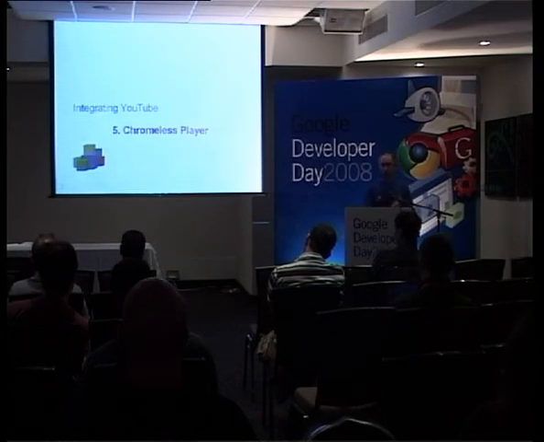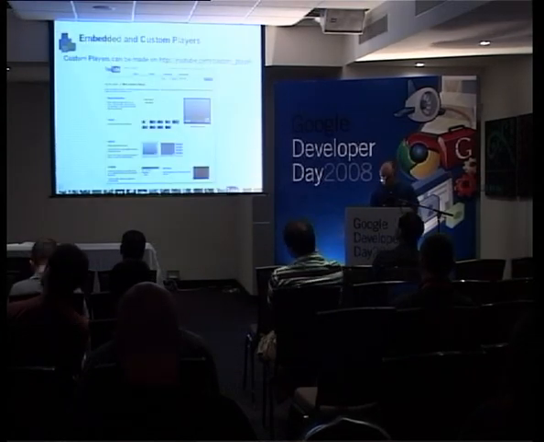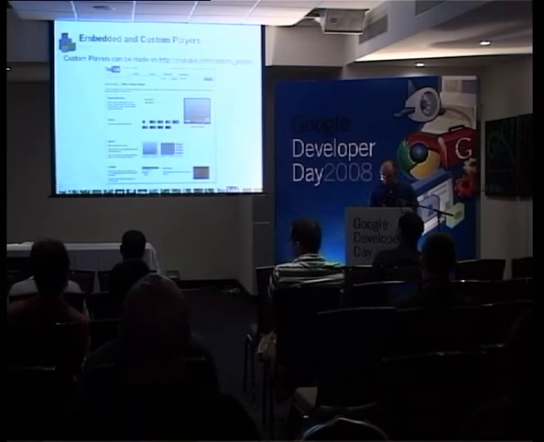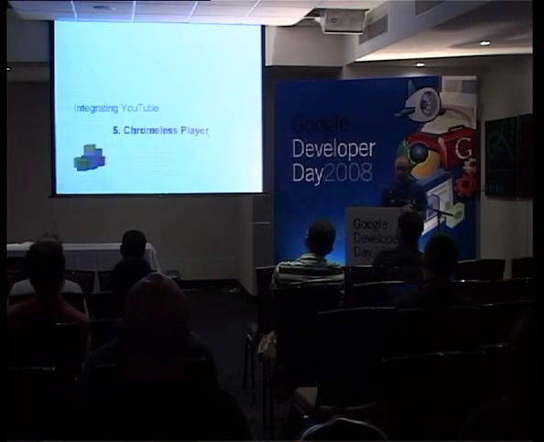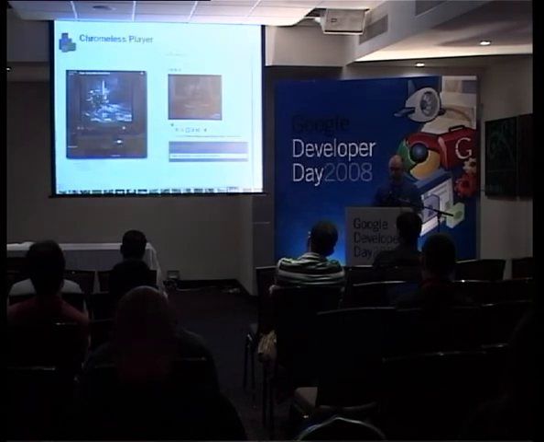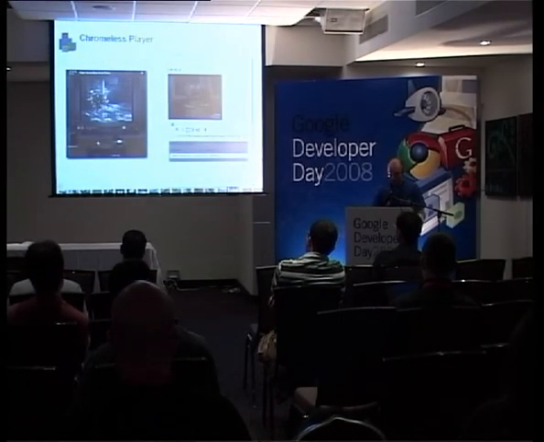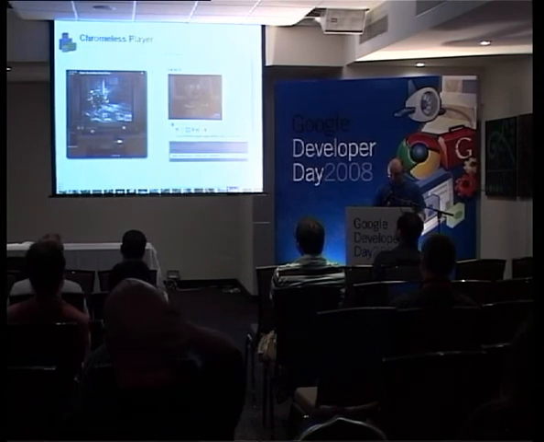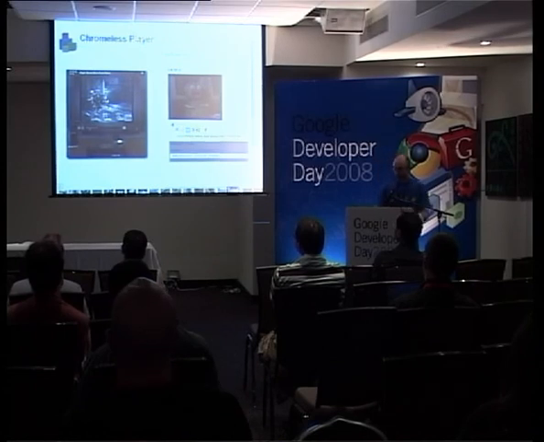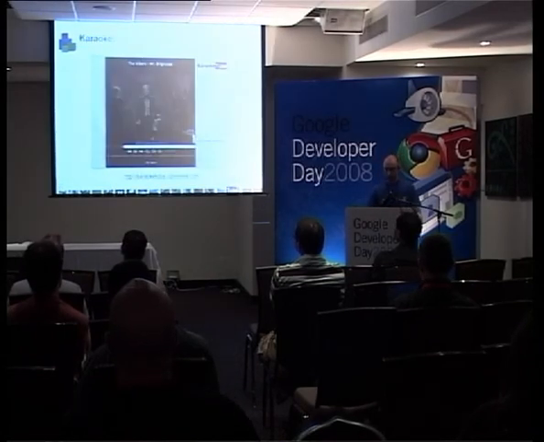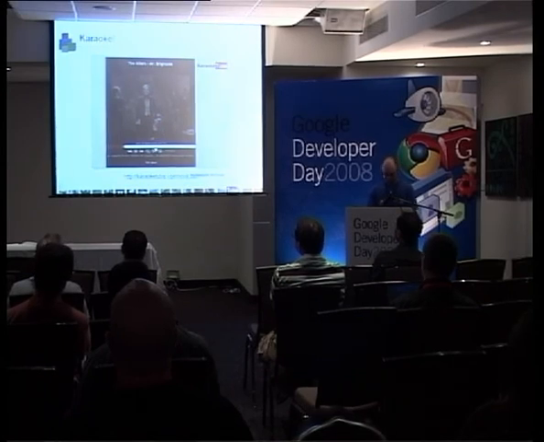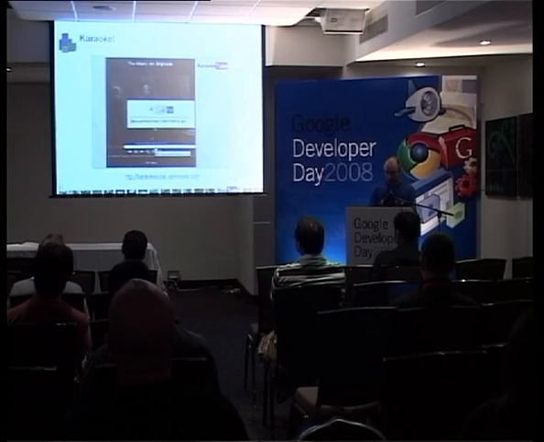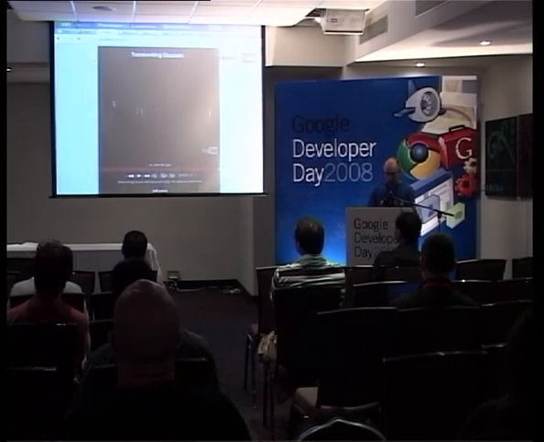Cool, so that was for the embedded player, but that still provides you with this little player underneath and the borders. Maybe you don't want all this. So we've added the chromeless player. Basically, these are a few snapshots of how it could look. Here you see you don't have the YouTube player, it's very specific. Here it's even more specific. You like it or not, but it's even more specific. And that's an example of how they really personalized the player. Let me see if we've got this playing.